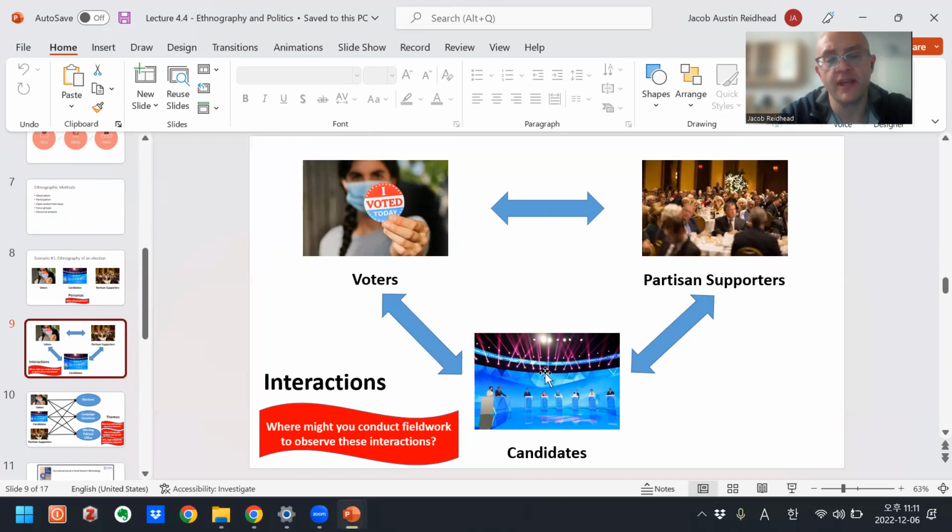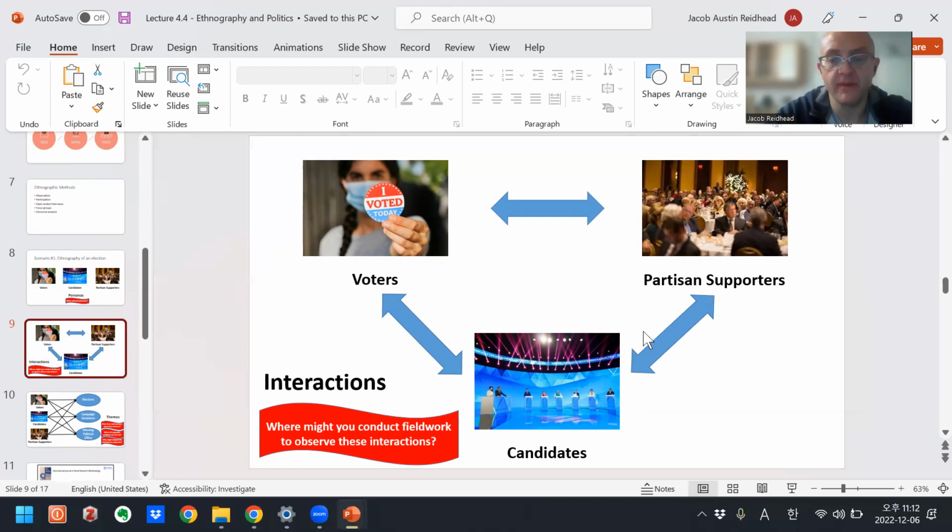So for voters, the candidates are media icons, and for candidates, the voters might be statistics. But if they attend some events, maybe they see some voters and shake some hands. So there can be in-person interactions or interactions mediated by polls or by media.